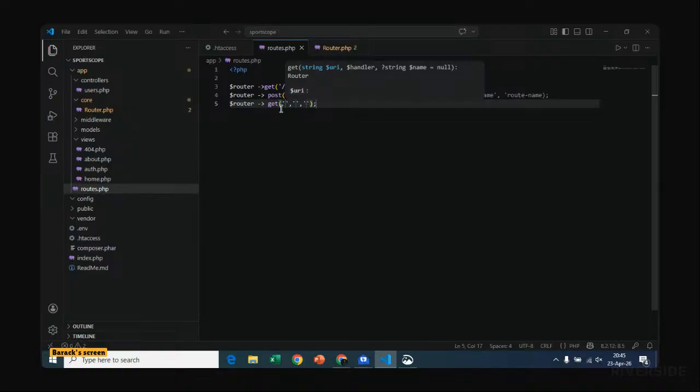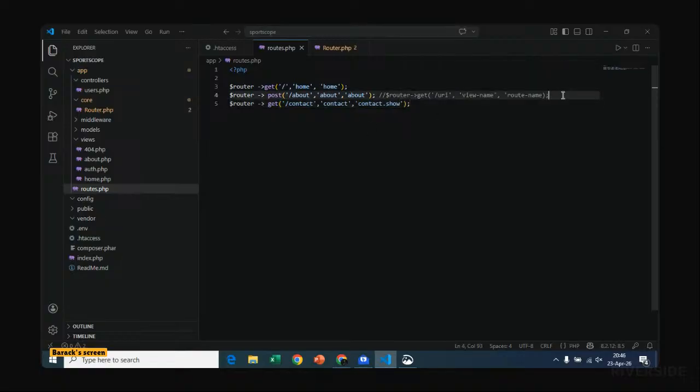So we shall use the get function to get slash contact, and then its view name is contact, and its route name is contact.show.